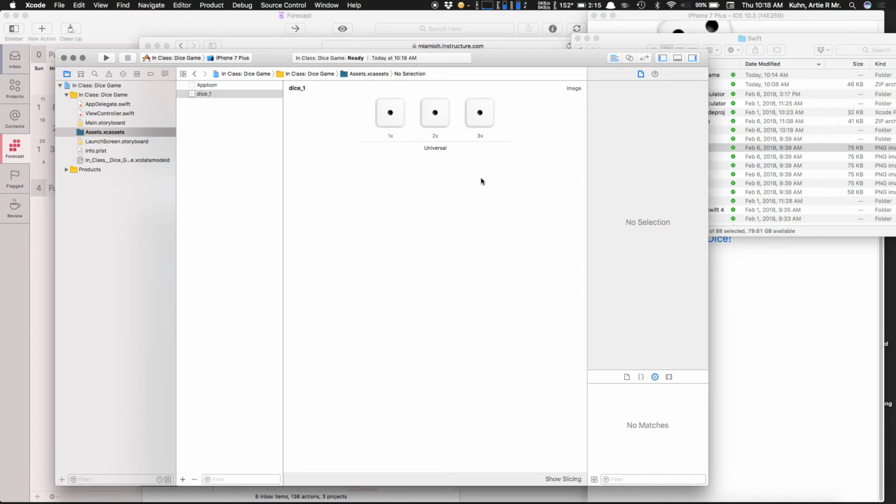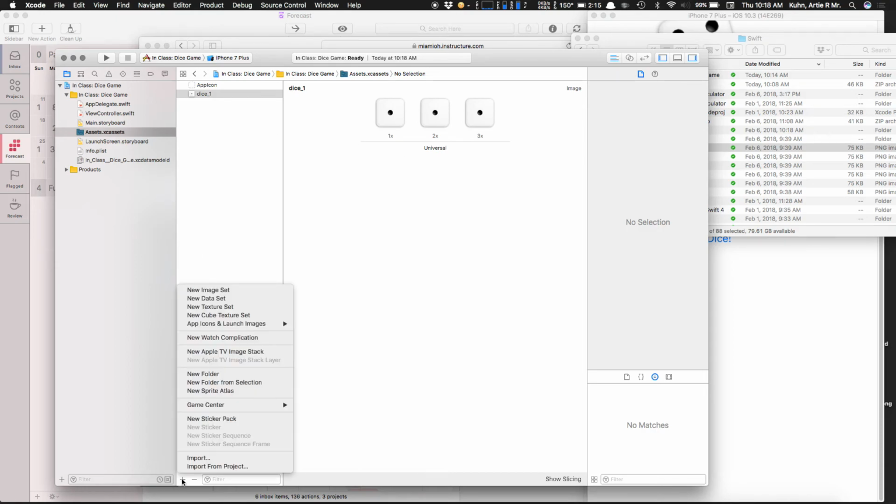Okay. So I'm not going to make all 6 dice. For my purposes, I'm just going to swap out an image. For you, I'll show you how I wrote the code, but you're going to randomize it, and you already know how to do that. That's not rocket surgery. I'm just going to make 2 because I think it would drive you crazy to watch me make 6. All right, so new image set